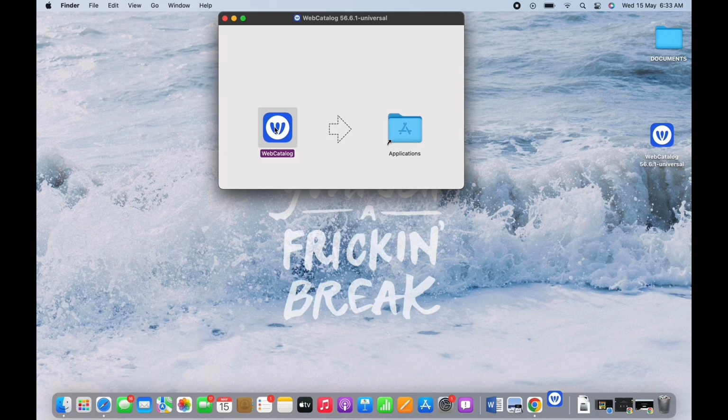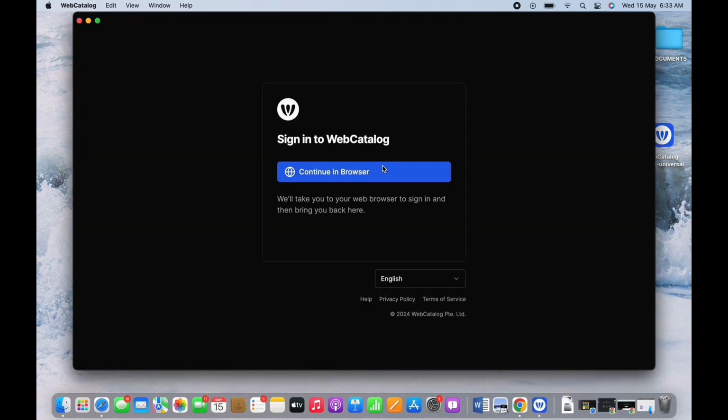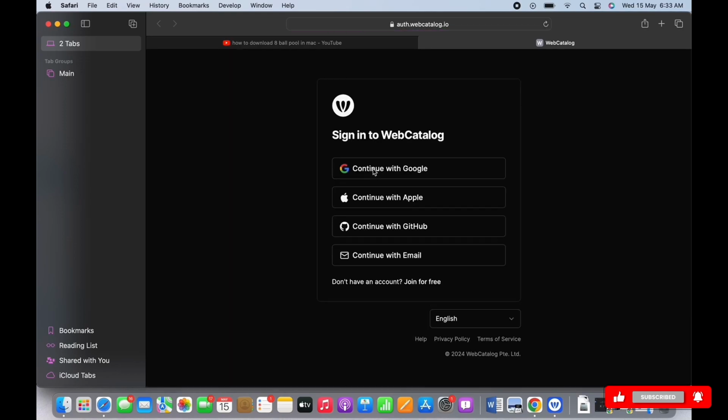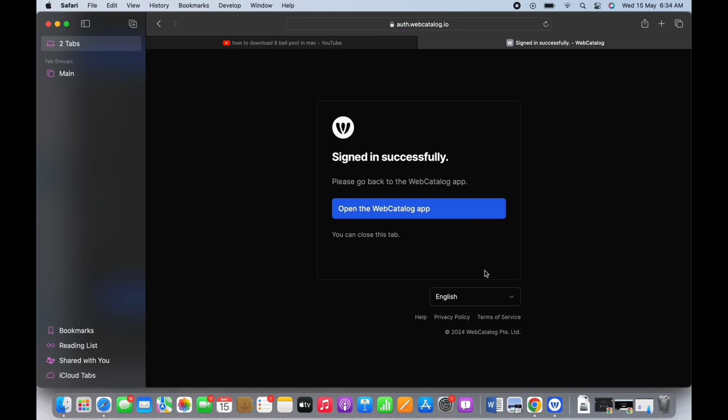You will then be asked to sign in to Web Catalog, so go ahead and tap on the Continue in Browser button and further sign yourself in using your Google account, your Apple account, GitHub account, or you can also simply sign in by continuing with your email. Once you are signed in, tap on the Open the Web Catalog app button and in your left side toolbar